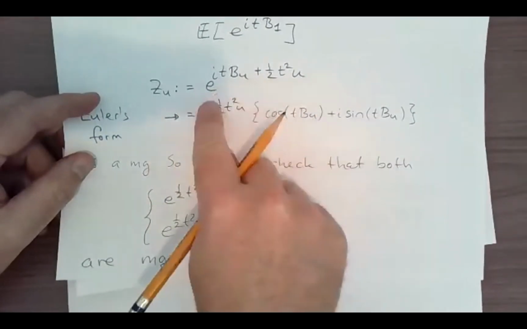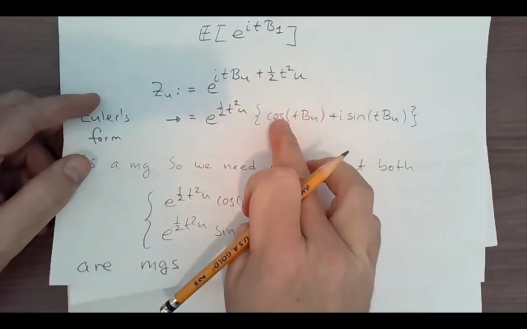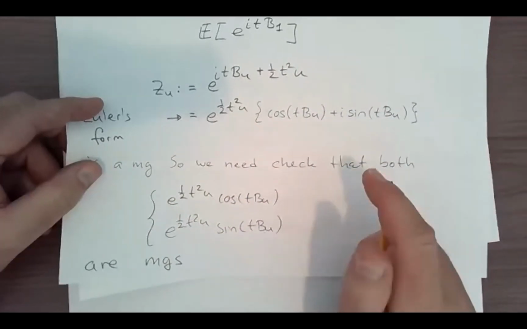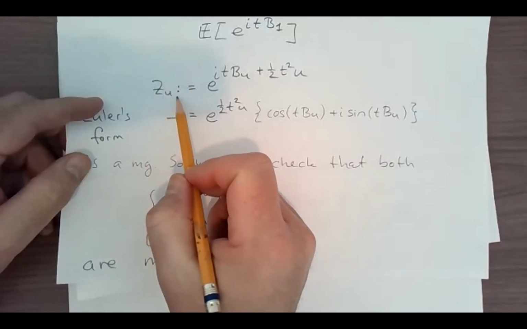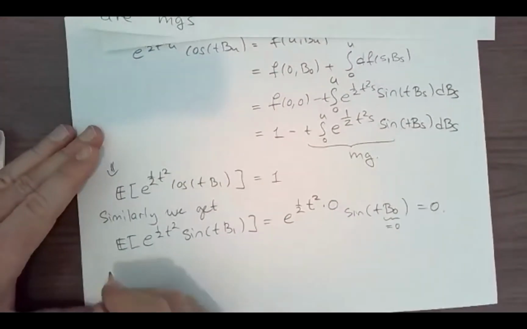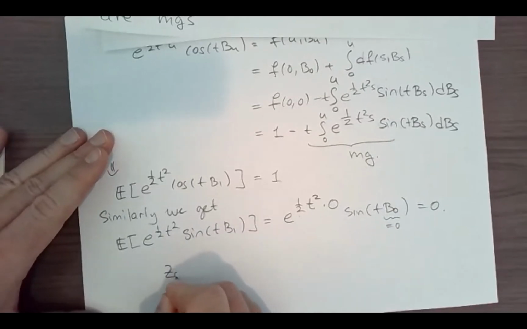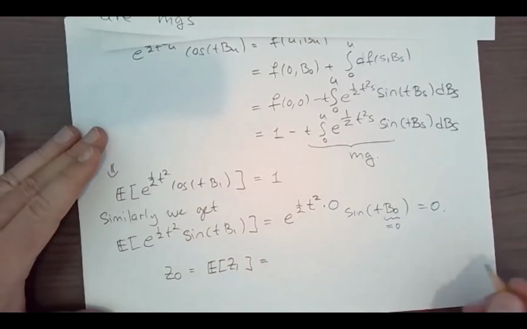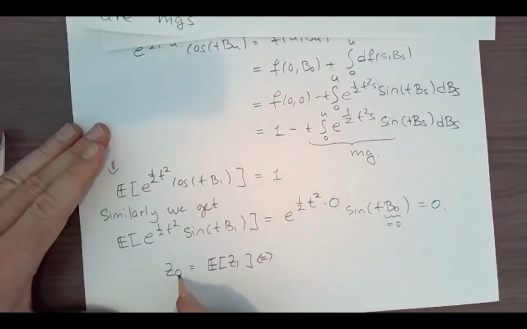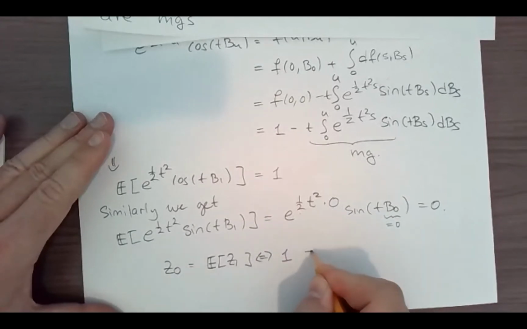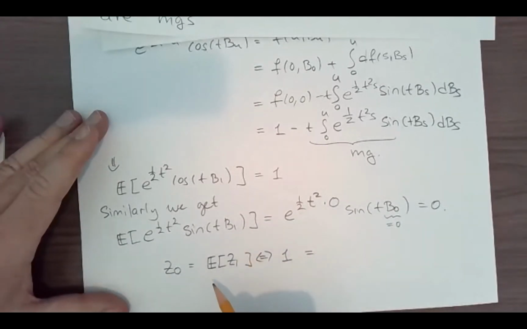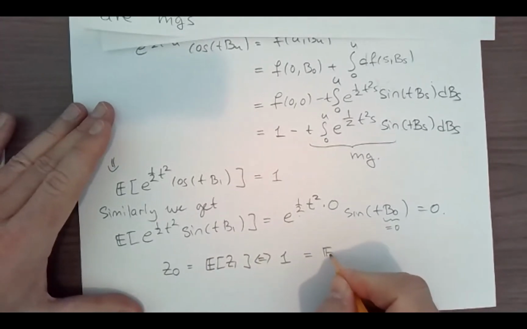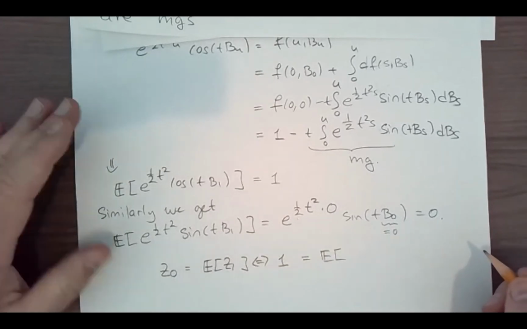this martingale, so now this is a martingale, it's a complex valued martingale. It has a real component and an imaginary component. Both components are martingales. I'll now get that the expectation of Z1, I'll have a Z0 is equal to the expectation of Z1. Z0, that was the one we already had. This is a 1. This here is equal to the expectation